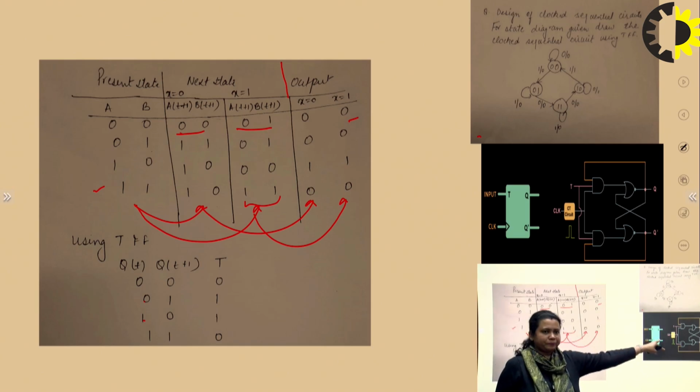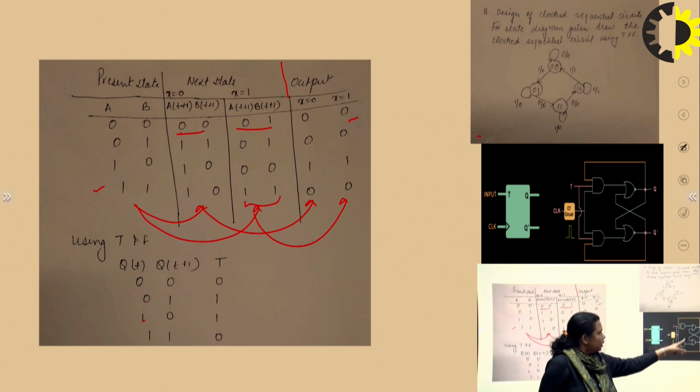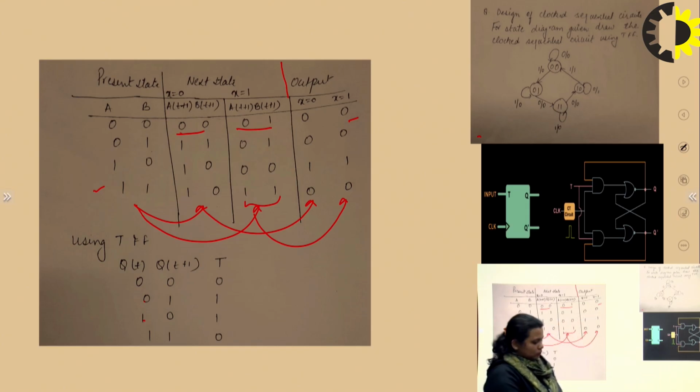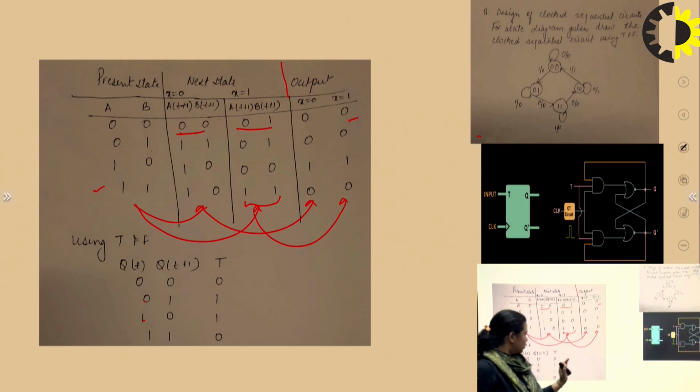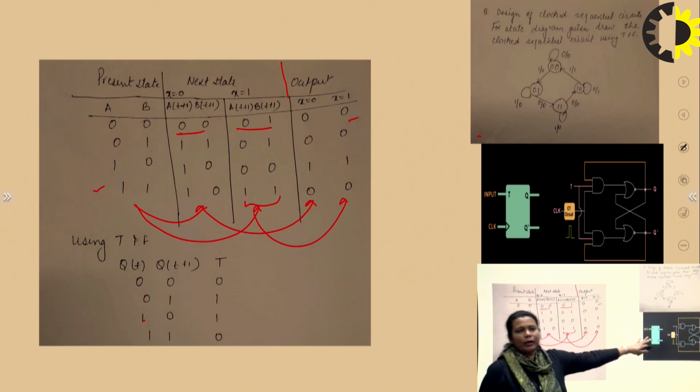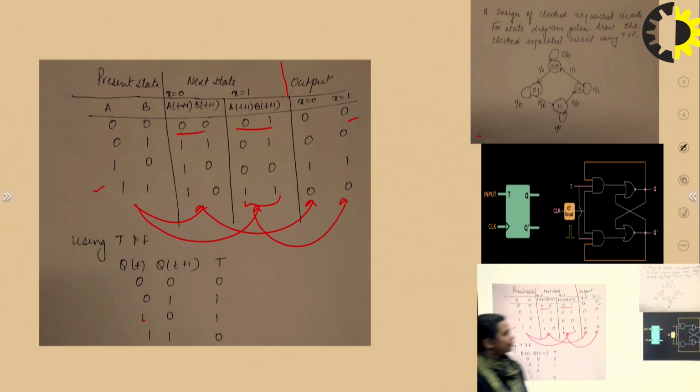And this is T flip-flop. We all know that it is basically like the JK flip-flop. In JK flip-flop we have 2 inputs. So to neglect those 2 inputs, we are using only one input, that is T, and this is a T flip-flop which I have shown. Although it is not required to show in your question. In the question you have to show this table only, and it is not required to draw this T flip-flop, right? So it's up to you.